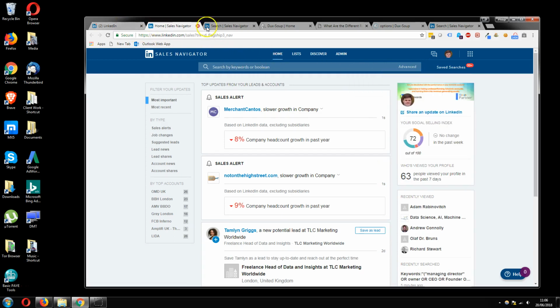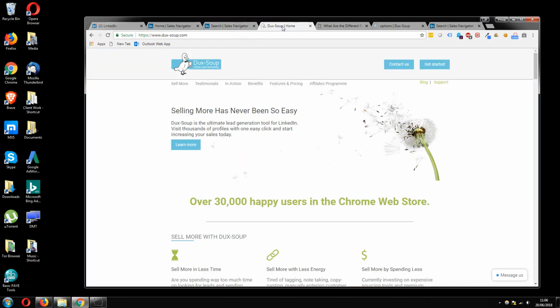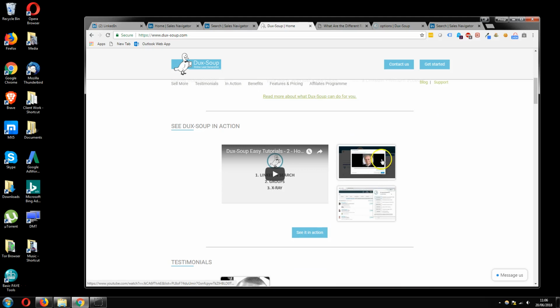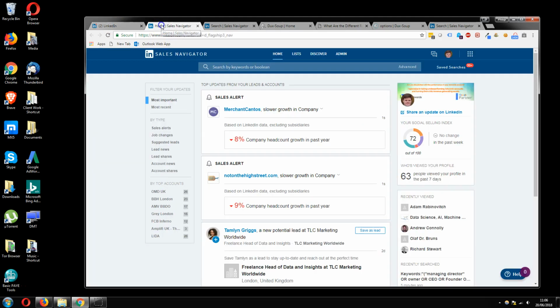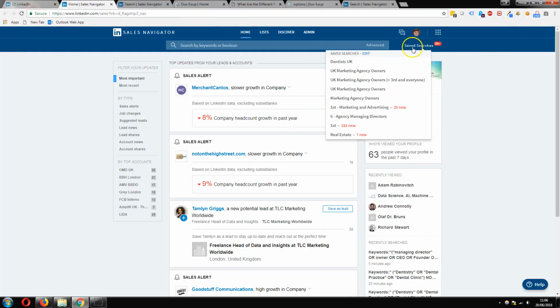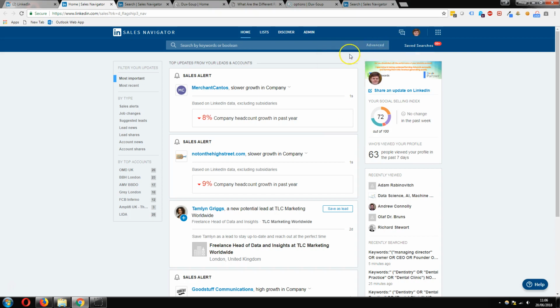Navigator button. DuckSoup is available on this website and it costs about £15 per month, and it's really easy to quickly install and set up. So I think it'll be really useful to quickly jump in and just see how Sales Navigator and DuckSoup work together. So once you're in Sales Navigator, you can do a search just to see